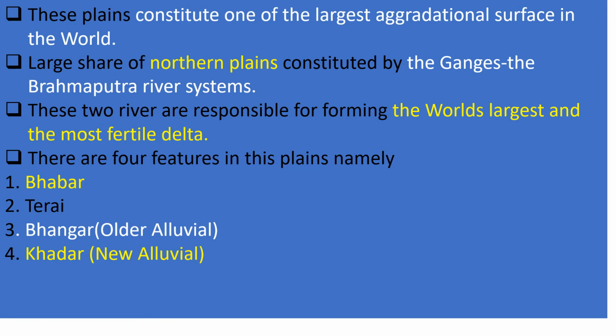and many small Himalayan rivers flow underground through the Babar zone and re-emerge on the surface from the Babar belt and flood regularly, creating a 15 to 30 kilometers wide marshy tract called Terai. This zone is found with excessive dampness, with a thick growth of forest and a variety of wildlife. Further to the south, the plains are composed of alluvial deposits. The older alluvial of the floodplain is called Bangar, whereas the newer deposits of alluvial are called Kadar.